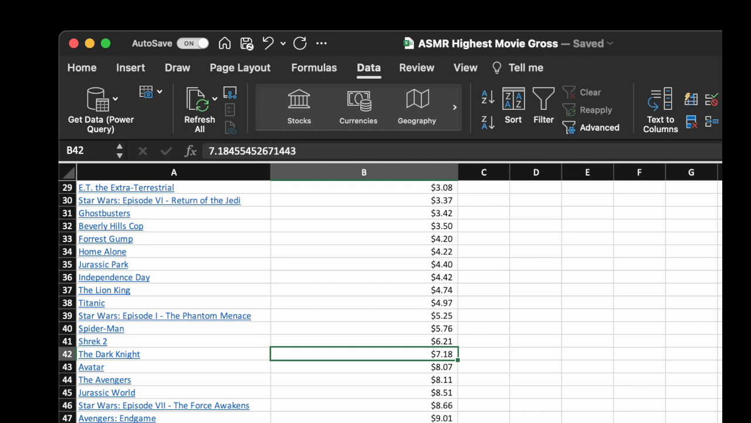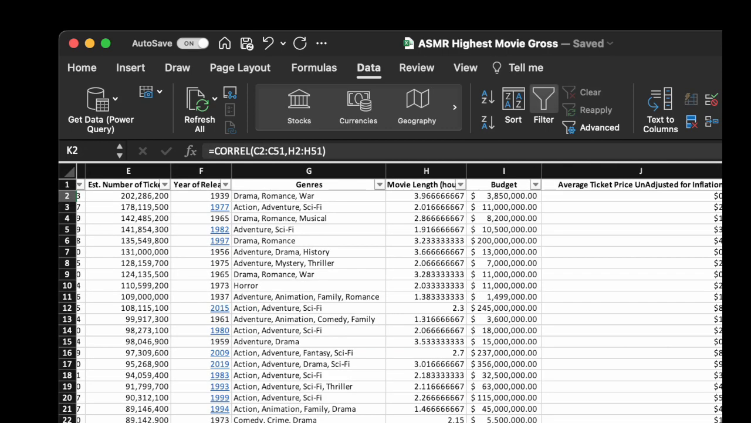And if we want to look at some correlation data. So, I wanted to see if there was a correlation between how long a movie was and the lifetime gross, and it came out to 0.44. And again, a correlation of 1 is a perfectly positive correlation, meaning the longer the movie, the higher the gross. And a perfectly negative correlation would be the shorter the movie,